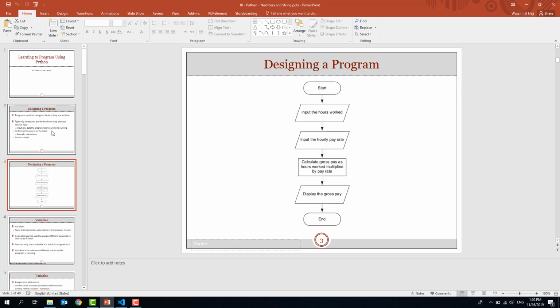I'll start with designing a program. In Python, like in any other programming language, you have to create the algorithm before you start. So for example, here I want to get input of hours worked. So I'll ask the user to enter the number of hours the person works per week, for example. And then I'll ask the user to input what is the hourly rate. And then I will calculate what is the gross pay, which is the multiplication of both values,